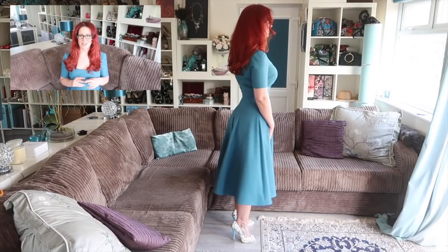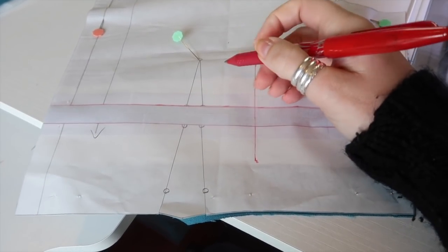Today it is part 2 of the Butterick 6018 sew along. Today we're going to be sewing the bodice. So let's get started. The first thing that you're going to want to do is to mark your darts, and